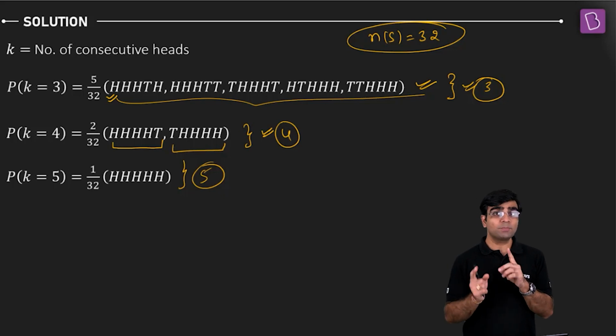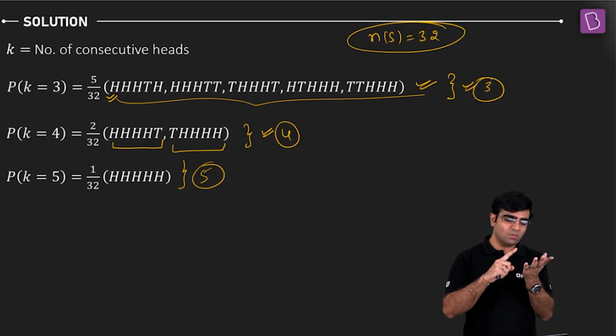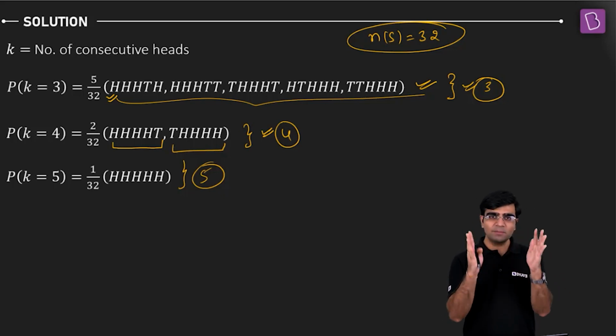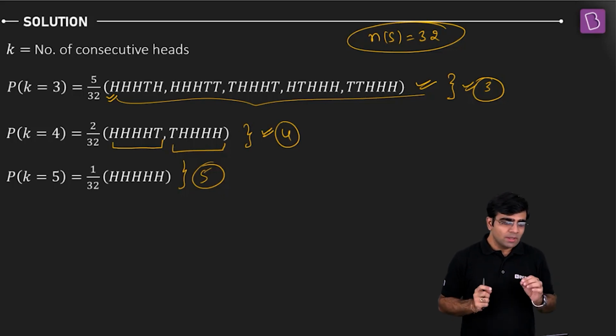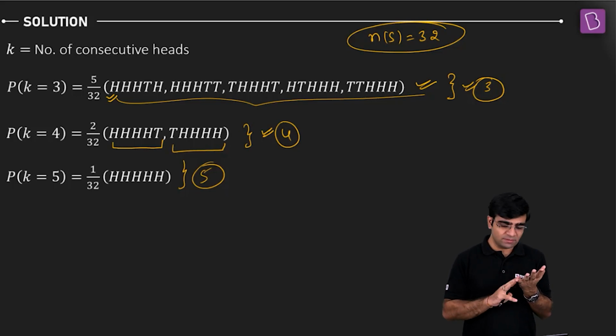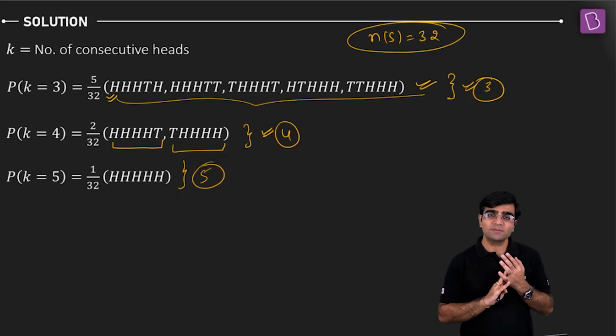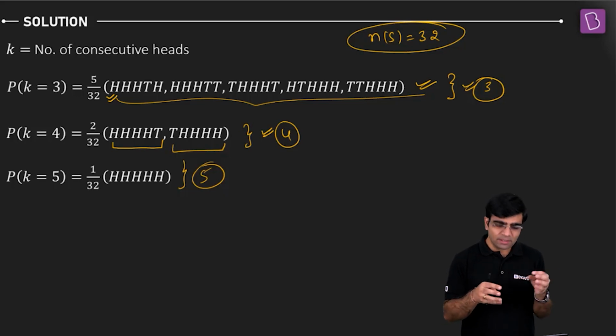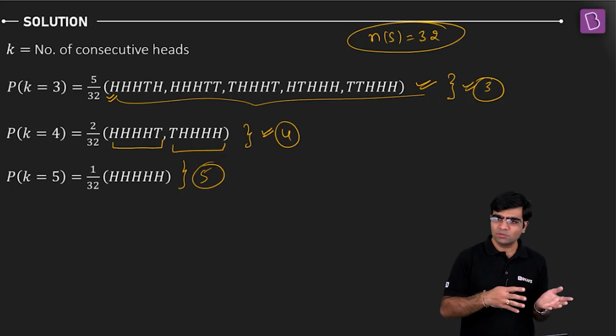So I have to find the probability for the other 3 cases, when there are 0 heads, 1 head or 2 heads. I'll consider all of them in one single go. How? Consider this case. If I take k equal to 3 and k equal to 4, do they have anything in common? No, because in k equal to 3 we have exactly 3 consecutive heads, and in 4 we have exactly 4 consecutive heads. So is there anything common in k equal to 3, k equal to 4, k equal to 5? No. K equal to 0, k equal to 1?